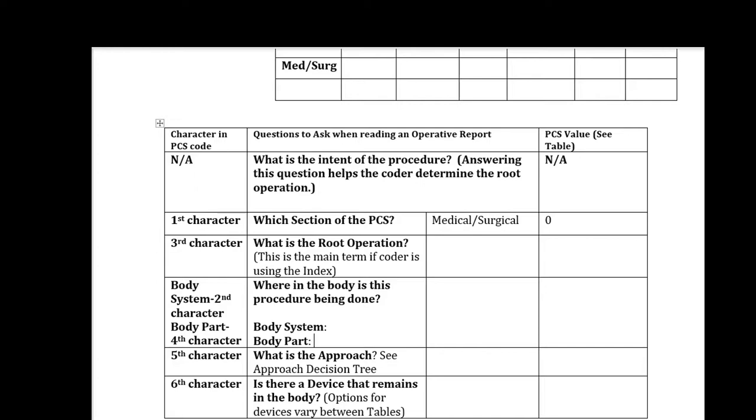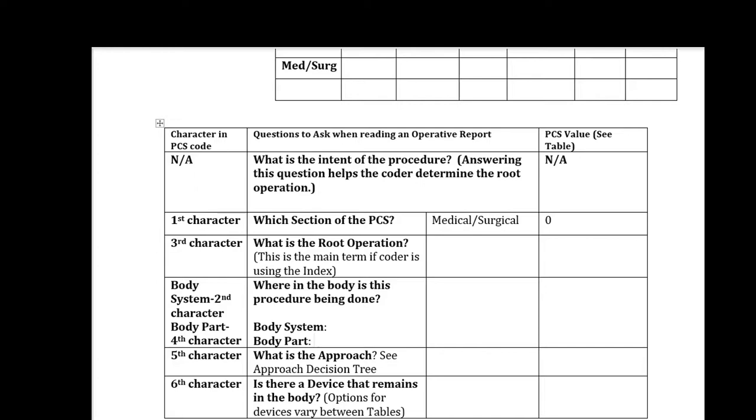What is the approach? If the surgeon says he opened, or there was an incision made, or he talks about the length of an incision, then there's no question it's an open approach. But if a scope is used, or if the surgeon is going through a natural opening or an artificial opening on the patient's body, then you might want to use that approach decision tree. Once you know what table,